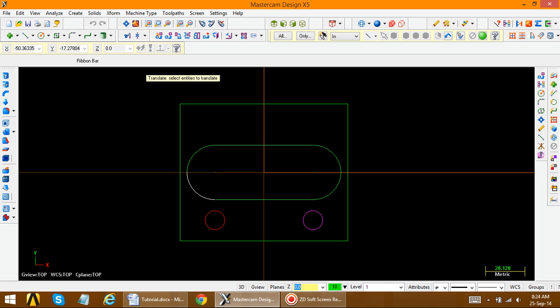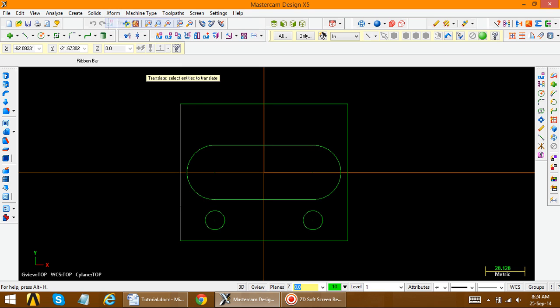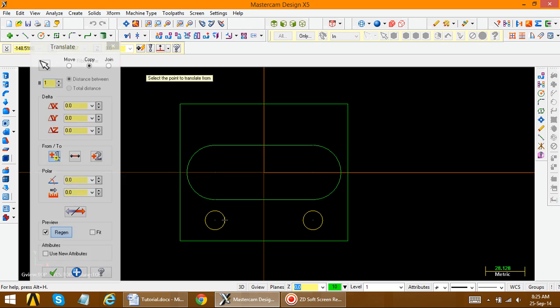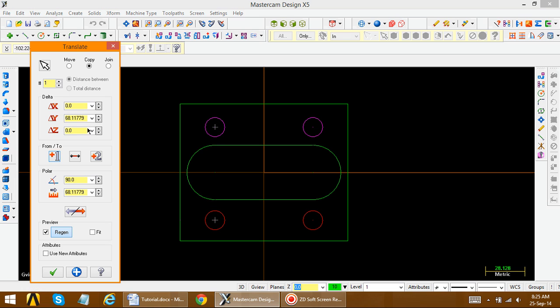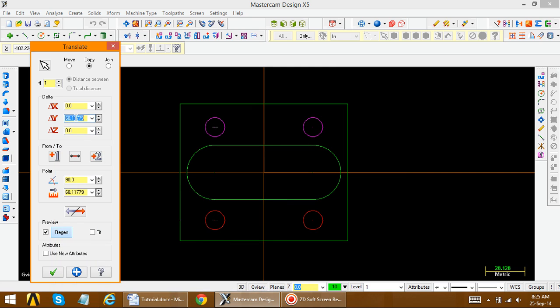Again we have to perform the same procedure. So again go to X form, translate, select the geometry which we have to translate. So these two, give enter. Again from point, suppose we have to translate both geometries from this point. So give the direction either upward, downward, rightward or leftward. In this geometry we have to place these two circles in an upward direction. So click the direction upward. Now what is the y distance? This y distance is again 70. So put here 70. So the whole geometry is now created.